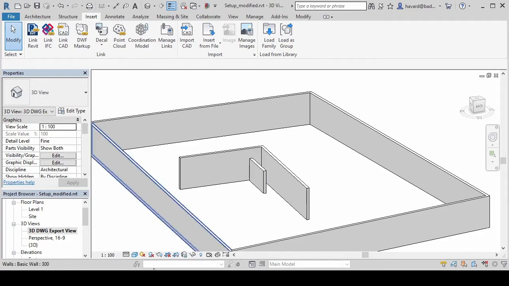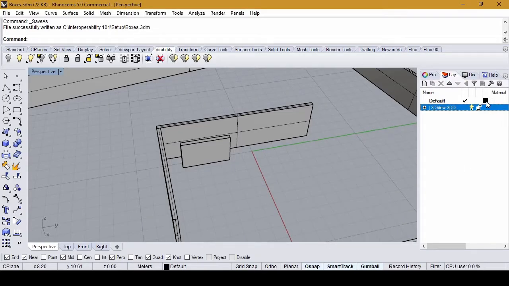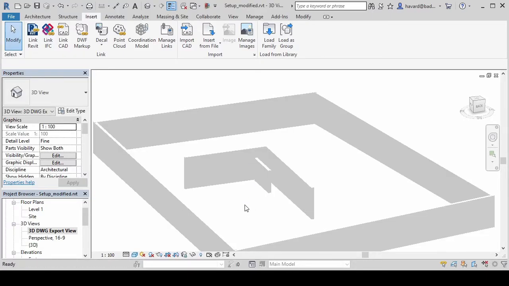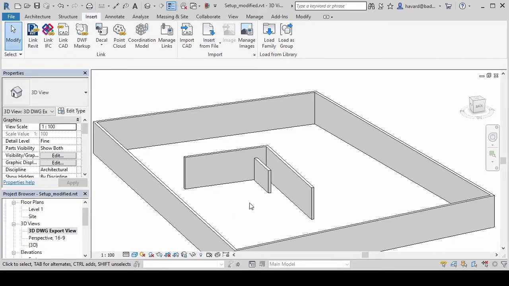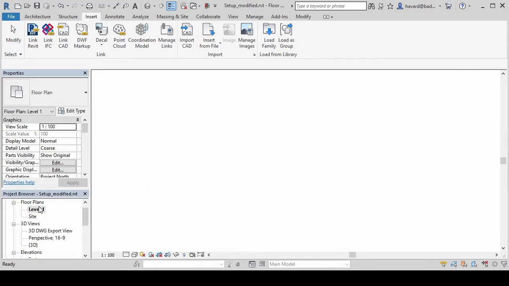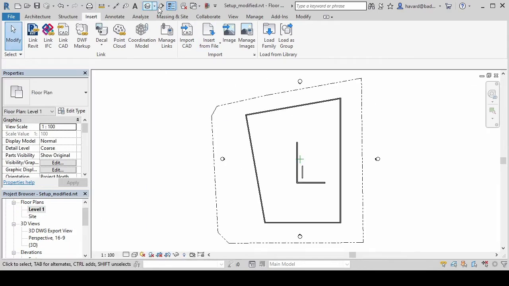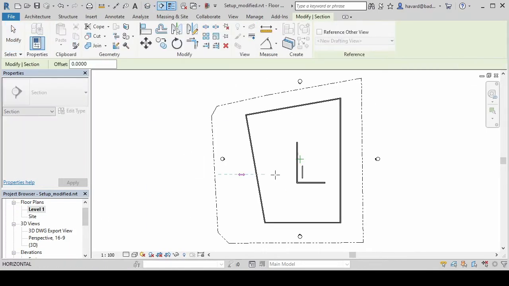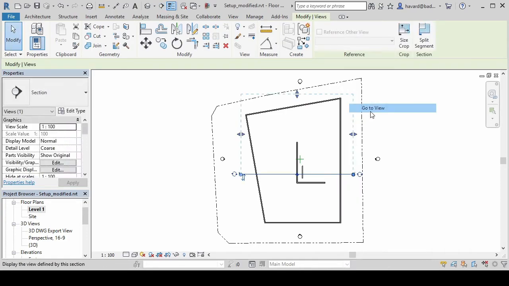How this element displays in 3D views is actually determined by the color of the layer. So black is going to turn into gray actually in Revit. But there's a number of things that we can do with this element. We can, for instance, do a section through it, like so.